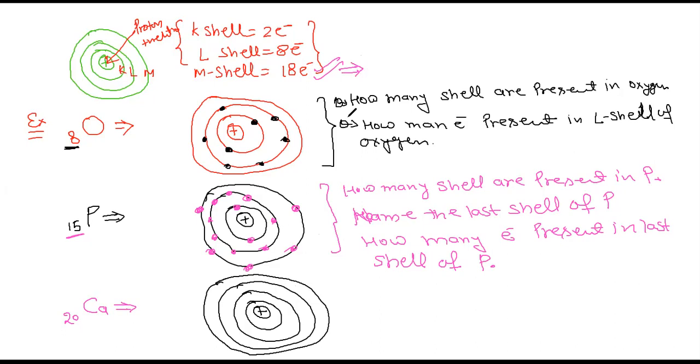Why? The question is why. You see, this is the first cell, 2 electrons. The second is 1, 2, 3, 4, 5, 6, 7, 8. And the third cell is 18. So according to this rule, the third cell would contain 10 electrons, because 2 in the first and 8 in the second. Why not contain 18 electrons in the third cell? Just remember the point: the maximum a cell can contain is 18.